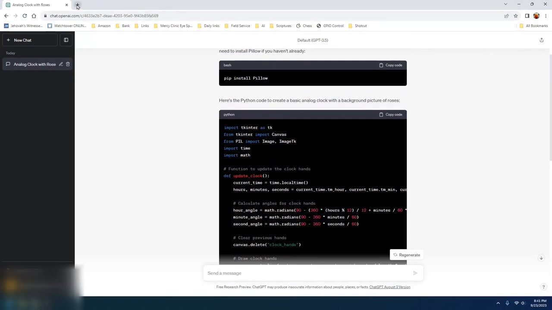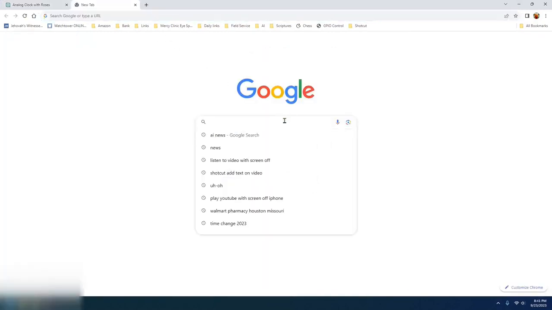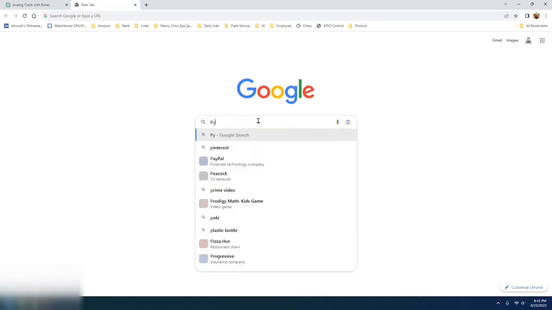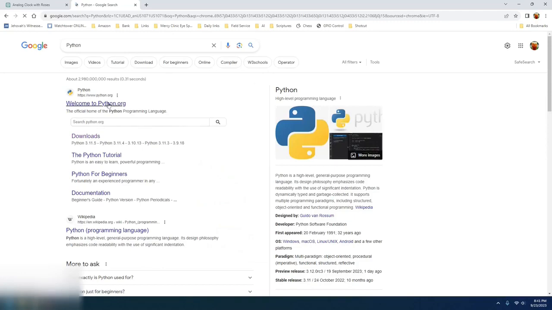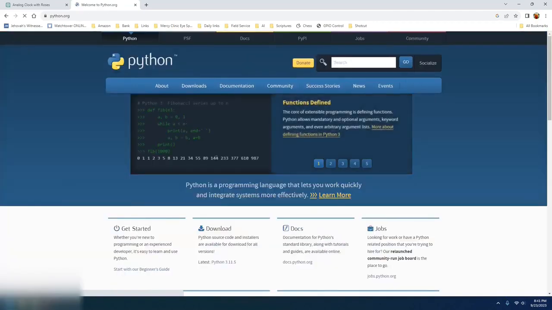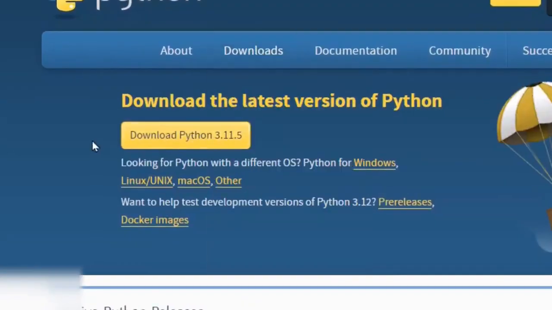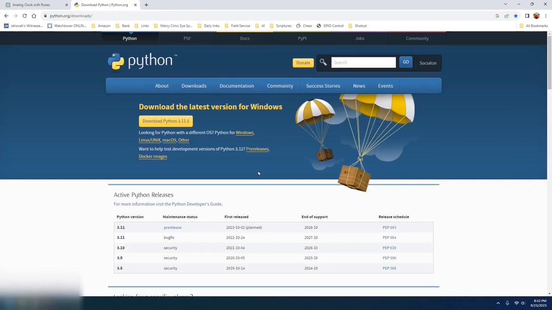The only other thing you're going to have is Python 3. Let's go to python.org. And in here you can download Python for your version of computer. So now we're going to go to